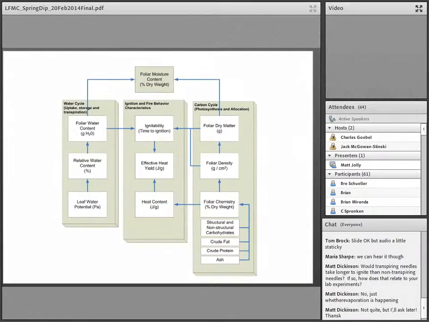Some of the other things is that the foliar chemistry can actually affect the heat content of the fuel. So we know from another study that we're working on now that we can explain basically about 80% of the variation in heat content across 20 species or so just by knowing the amount of non-structural carbohydrates and crude fat. So basically the amount of starch, sugar, and crude fat in the foliage. All that kind of leads to this sort of effective yield at the stand scale of how much heat do I generate per mass of fuel that I have, and all of them combine to influence the ignitability.